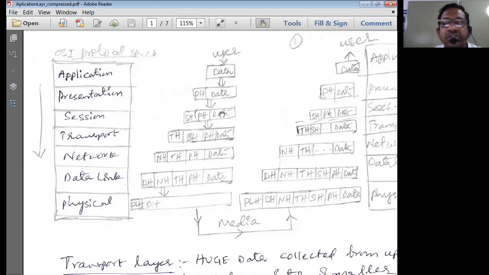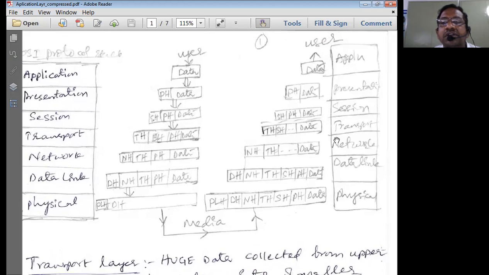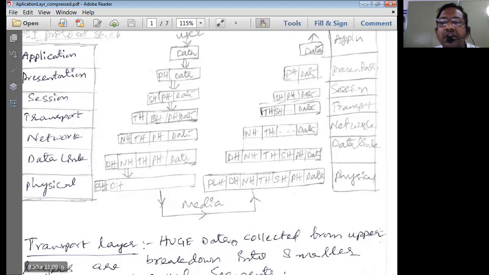The session layer is going to process the data which it got from the presentation layer by adding its header called the session header. Similarly, every layer is going to process and add its header: the transport layer adds the transport header, the network layer adds the network header, the data link layer adds the data link header, and the physical layer is going to add the physical layer header. So this data is transmitted in the network via different routers, and that will reach the destination computer. And exactly the reverse process is going to happen at the destination computer.